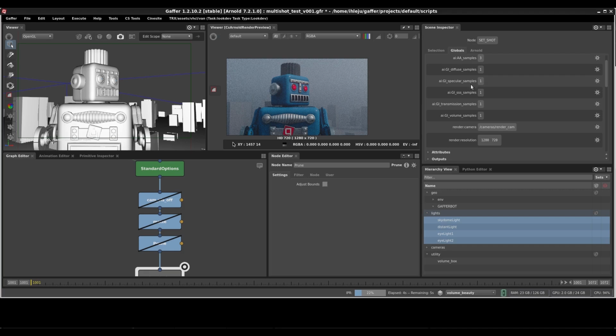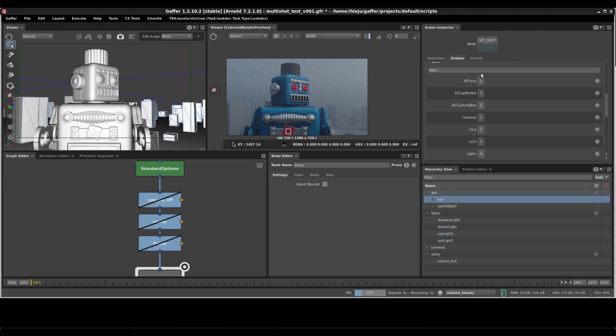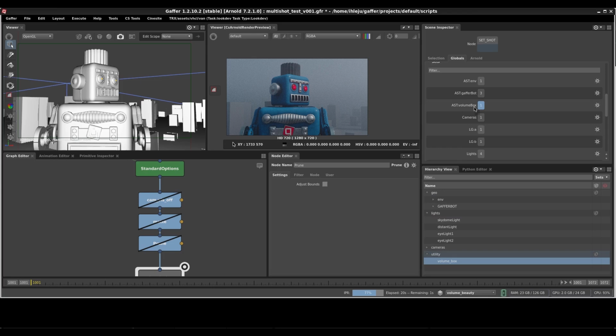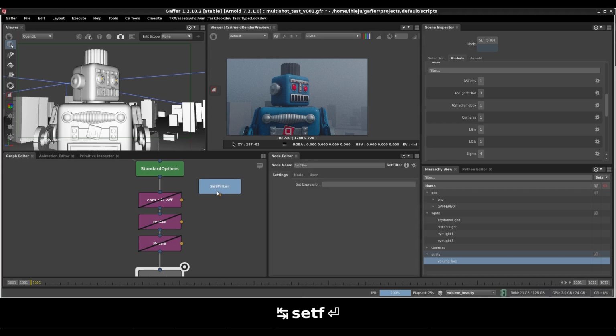If I go to the globals under sets, we do have an environment set, which holds all the environment. We have a set for the Gaffer bot, and we also have a set for the volume box that creates this atmosphere fog. So I'm gonna create a set filter